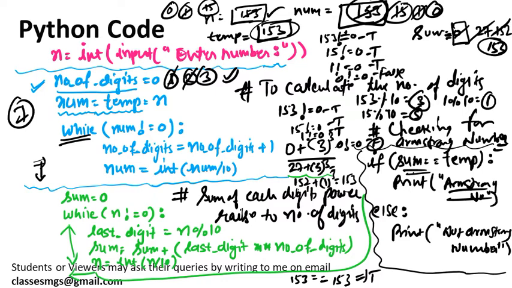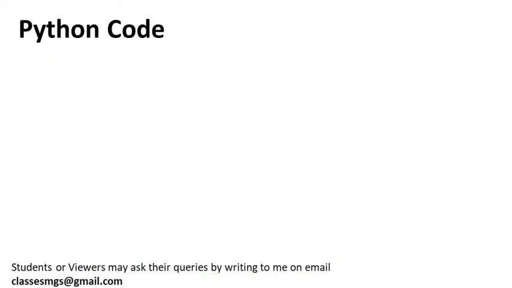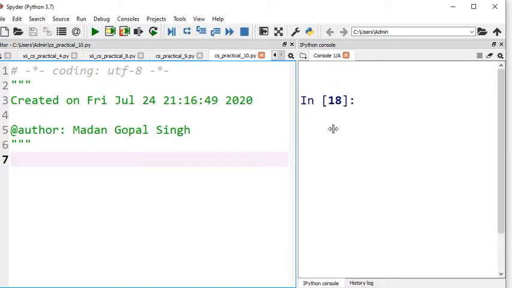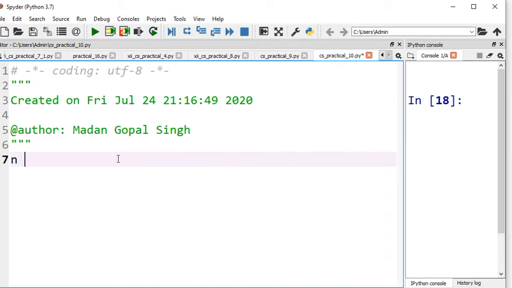Okay, so I am opening my Spyder editor here and quickly typing there. Because we have already understood the logic, I am going to type it quickly. n equals int input, enter the number.